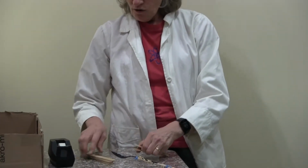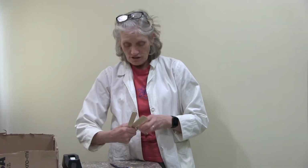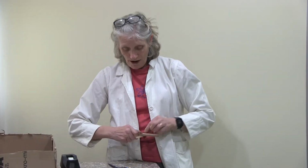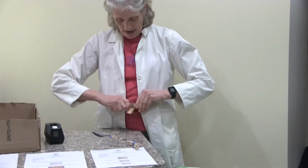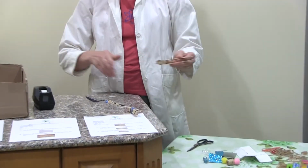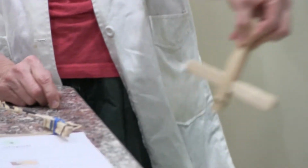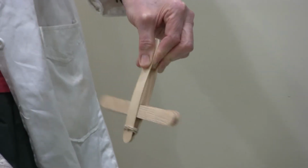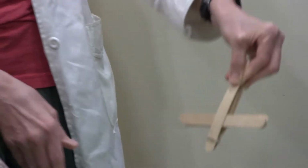Okay, now what you're going to do is take a stack of 7 of either small or big. I did a small one there, but I want to see if there was a difference. So now I'm going to wedge these in there. This part's kind of tricky. So now I'm kind of pinching with my fingers up here, all right? So you can see I've put these about in the middle. And now